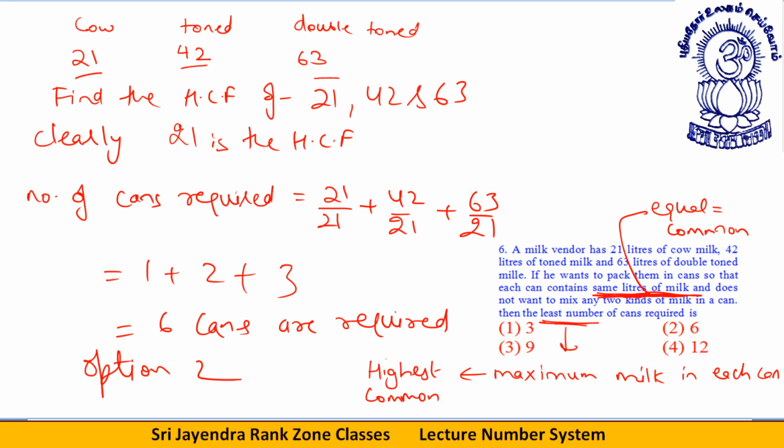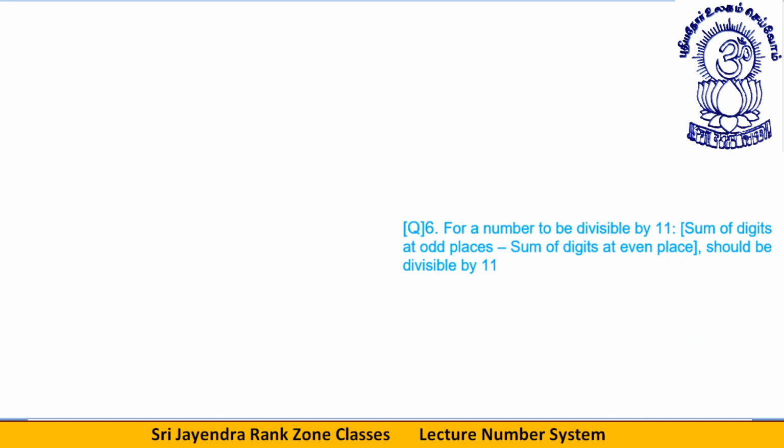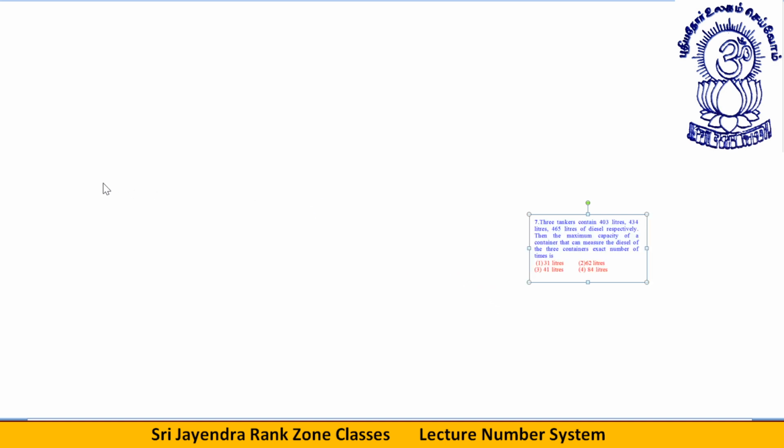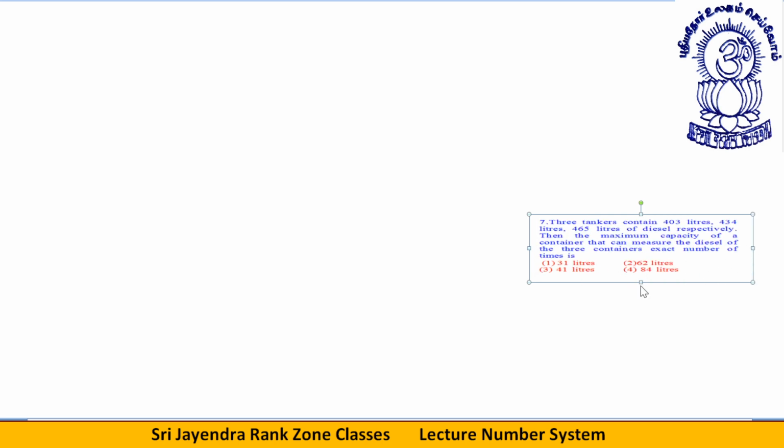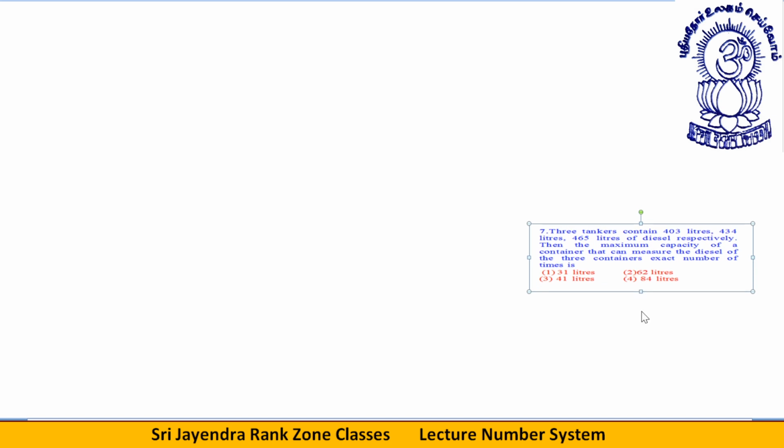You can have a look at it if you want to. Now I am jumping to the next question. This was definitely a different one. Let's take this one. Yeah, this is also a similar type, but the thing is, this has bigger numbers.